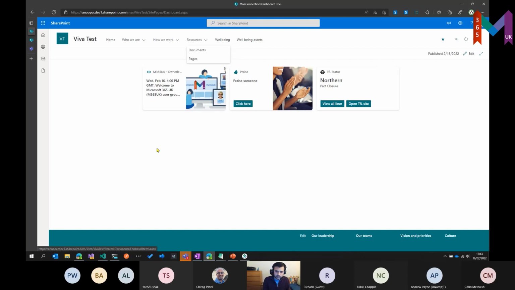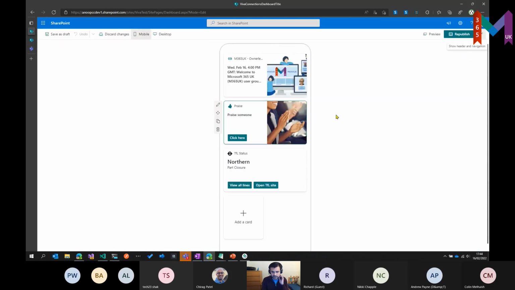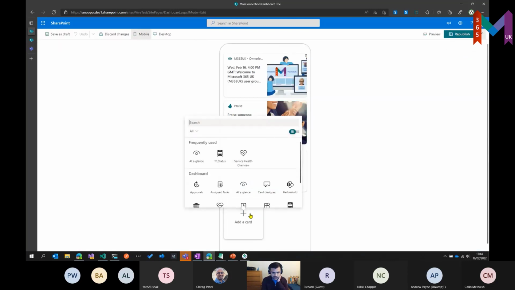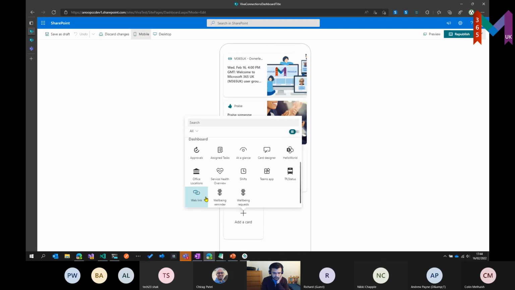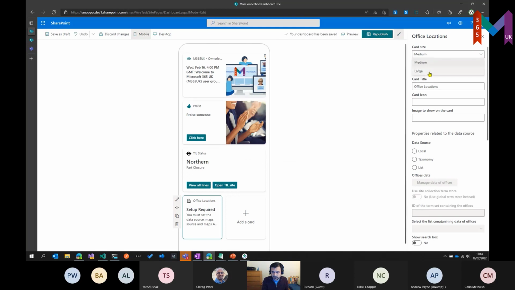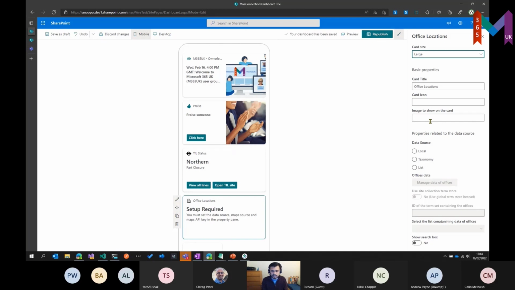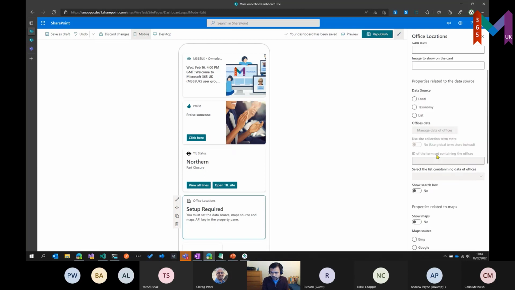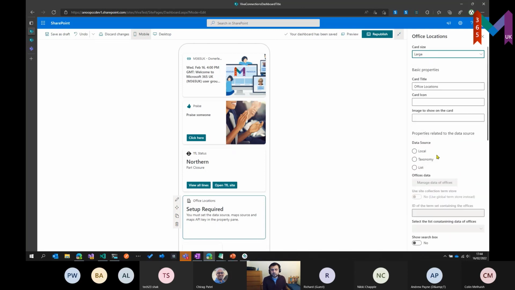in one level. Now the other thing is, if you want, you can go crazy and then make an ACE heavily customizable, and that's what I have done here. So I've created a new ACE called office locations. What I'll do is, again, I'll just go ahead and change the card size to large. And earlier, the TFL card had got just one property, but this one, as you can see, has got several properties. So, depending upon the requirement and the level of customization needed, we can go crazy with the properties